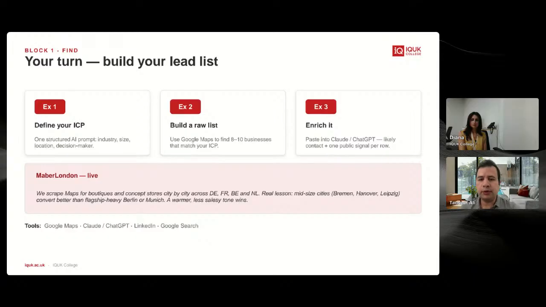So we did this process on a real EU brand, and there are some key lessons you will learn from this process. Are there mid-sized cities or large cities? Which ones are best for you? Once you start using Google data, all of these things you can discover from your response rate or your conversion rate. With time, you will know. So you define your ICP, but from time to time you can also revisit and update it based on how much success you get with certain kinds of businesses.